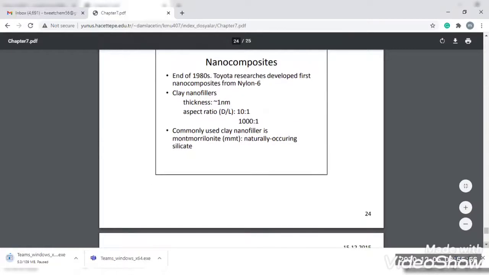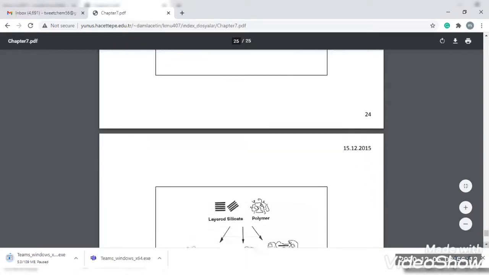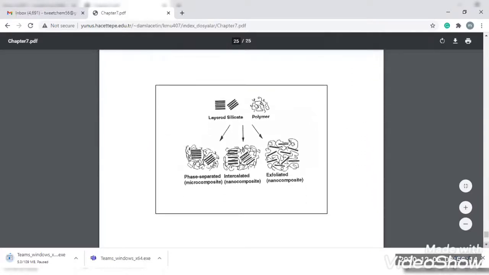It is basically the research to develop the first nanocomposite from nylon 6 clay. The nanofiller thickness is 1 nanometer, the aspect ratio is given as L of 10 to 1, and the commonly used clay nanofiller is montmorillonite, naturally occurring silicates. And that's all. Here are some phase separated, intercalated structures in the microcomposites, nanocomposites, and similarly polymer and the layered